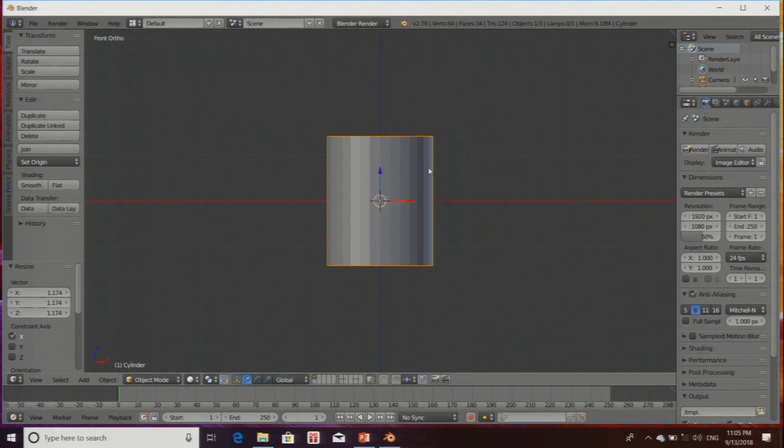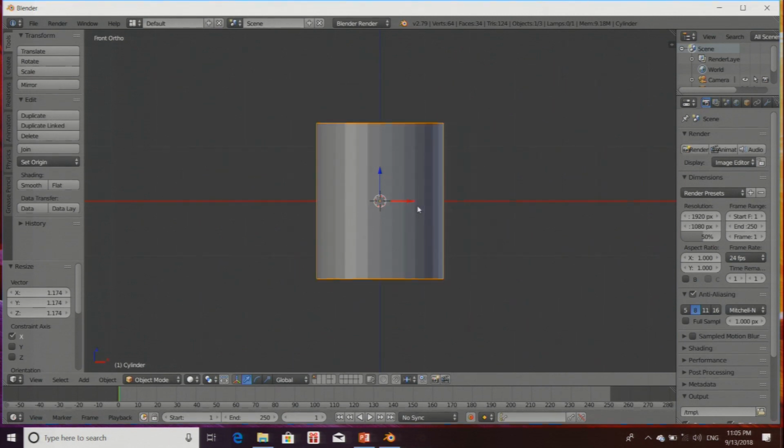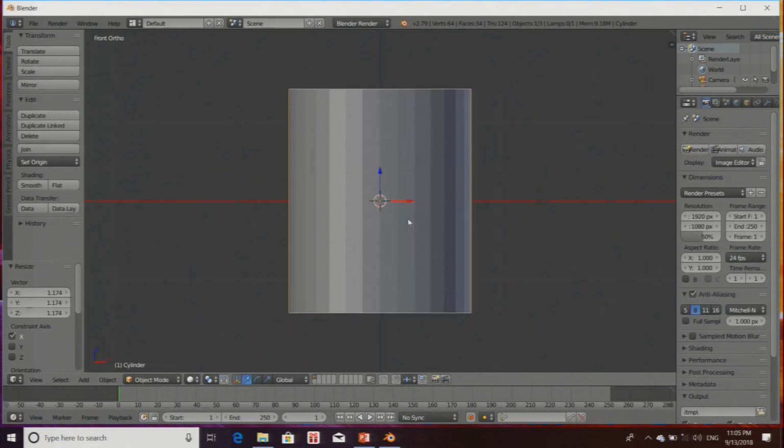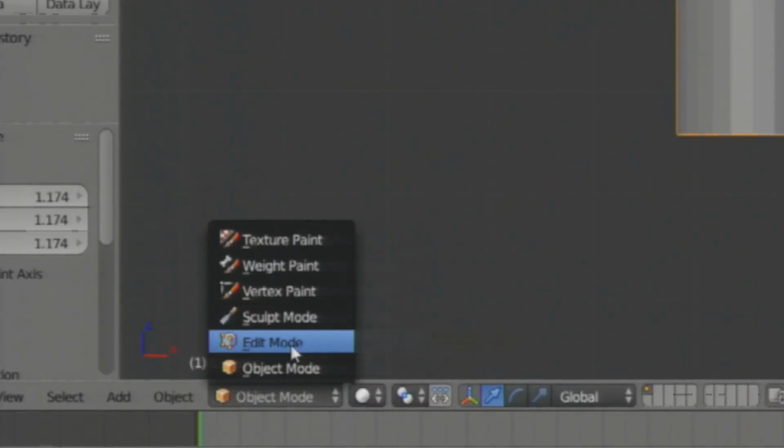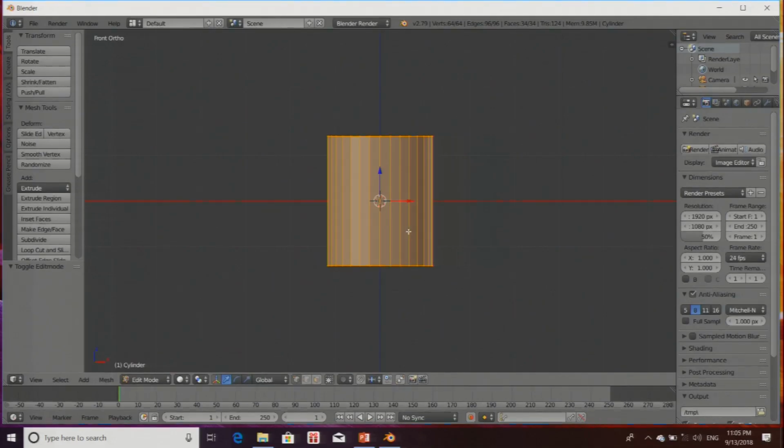But I just want a complete, simple and corporate style look for this particular mug. So now what I'm going to do, obviously I have to edit this mug. For editing this mug, I have to enter into my edit mode. Fine. As soon as I enter into my edit mode, you can see now I can edit this particular